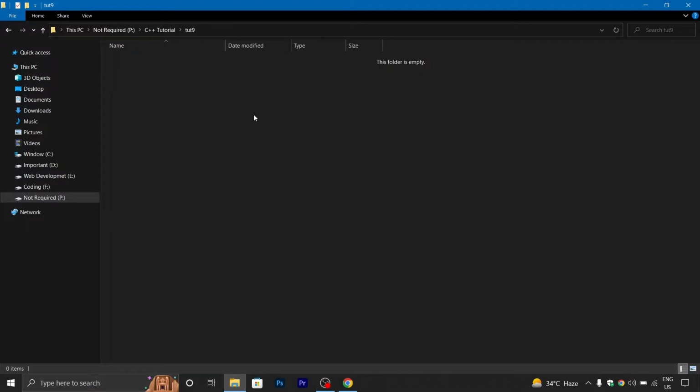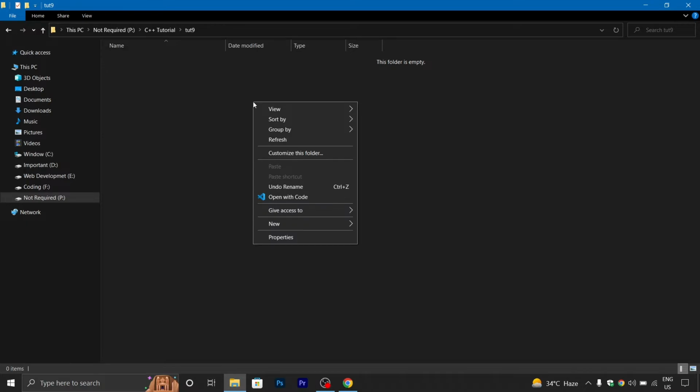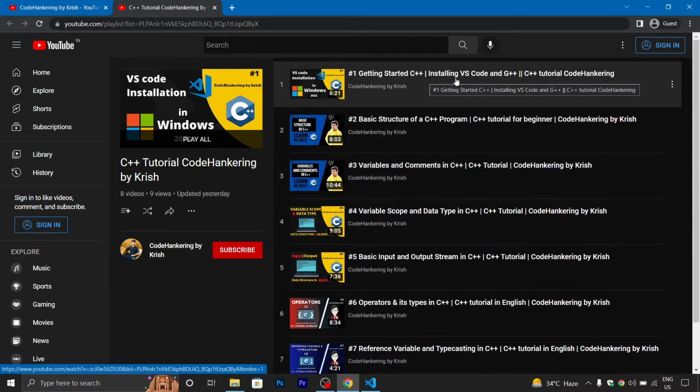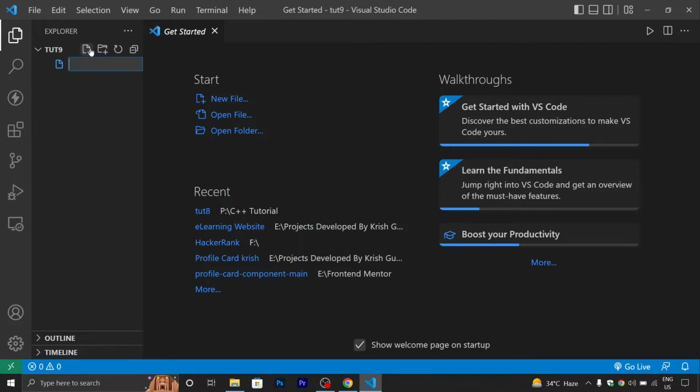Create a folder in a suitable place, right click on it and click on open with Code. It will redirect you to Visual Studio Code. If you have not watched the video Getting Started with C++, Installing VS Code and G++, do watch it, because if you do not, you won't be able to run a C++ program. Create a new file